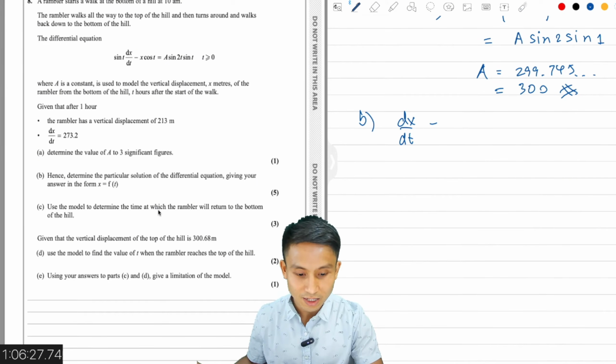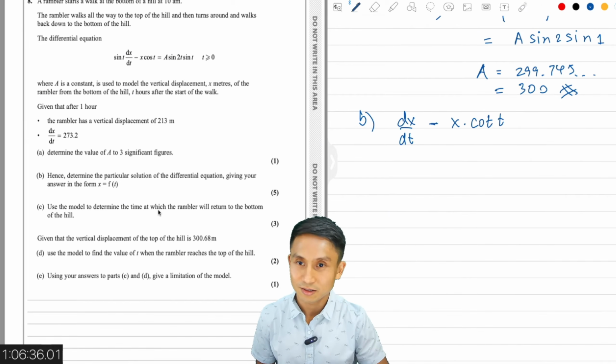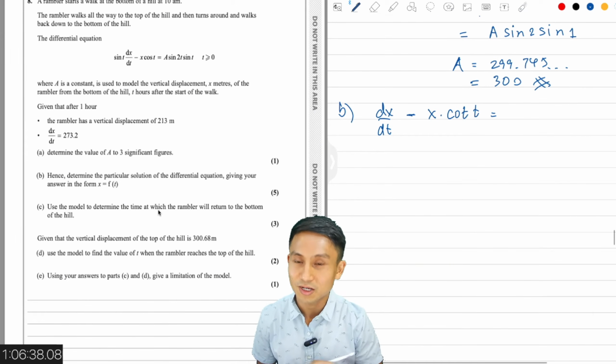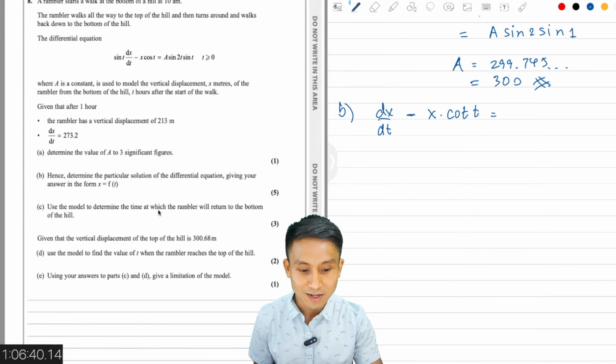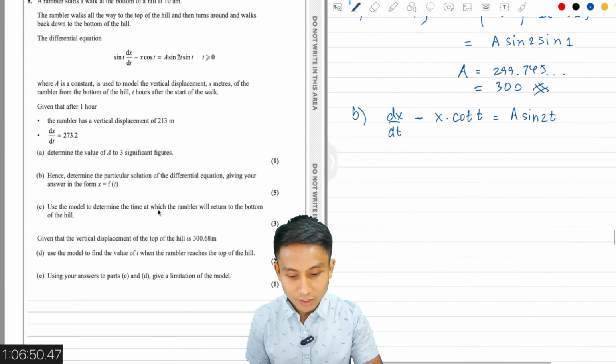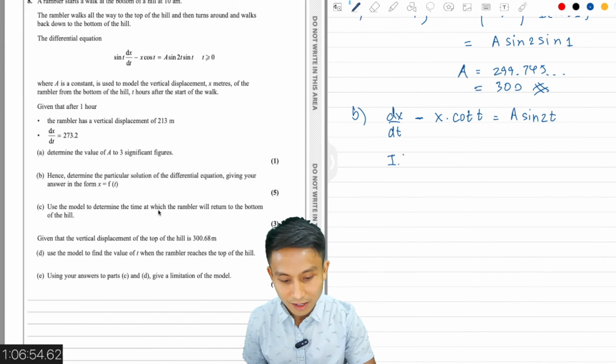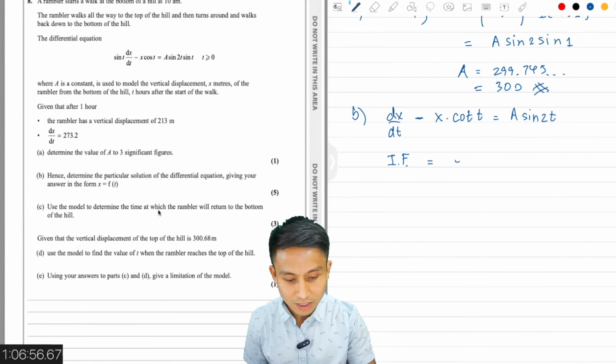And this would be x times cot t, right? Because you have cos over sine, so that's cot t. Double t here, so it can be confusing. And on the right hand side, the sine t cancels, you just have a, well, I'm just going to keep a first, and sine 2t, because the sine t cancels. Now, we need to find the integrating factor, the IF, which is to be e